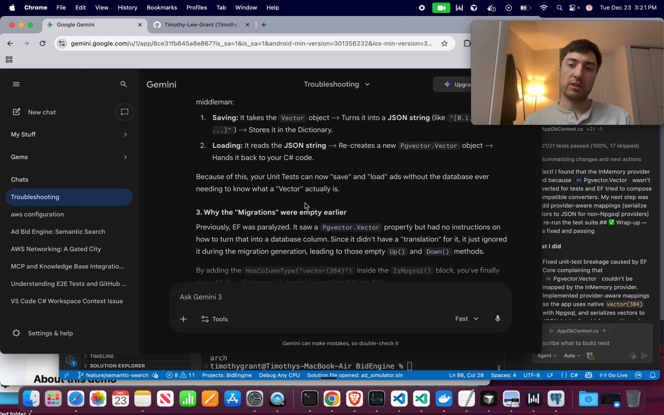So, summary of the 3 layers, local dev. Okay. So one critical warning about your future, because your tests now use JSON strings instead of real vectors, your unit test cannot test things like cosine similarity or nearest neighbor searches. The test will confirm you can save and retrieve an add. The test will not confirm that Postgres can eventually perform semantic search. Okay, so now